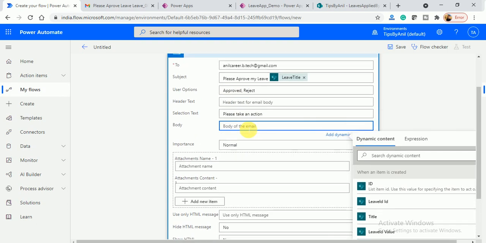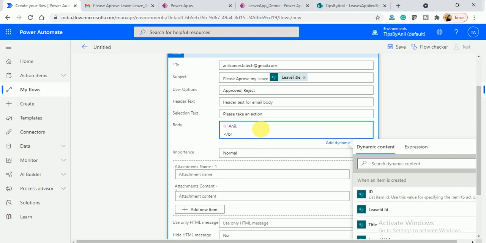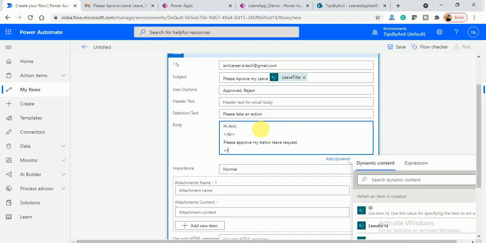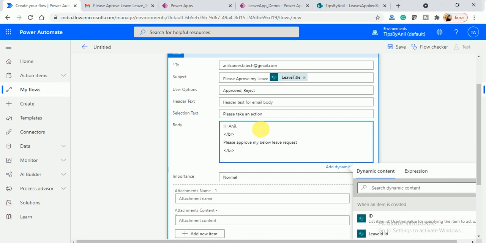In the body I will just type hi Anil, or you can choose it from your dynamic content. Now I need a line break, so I'll use BR. Now I will type please approve my below leave request. Again I will use BR for a line break, and here 2 BR.